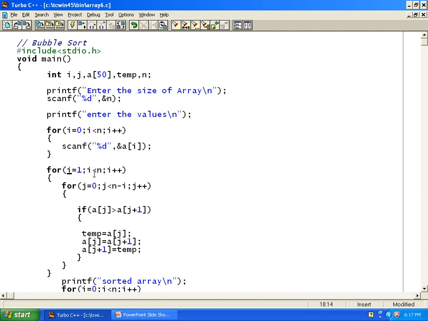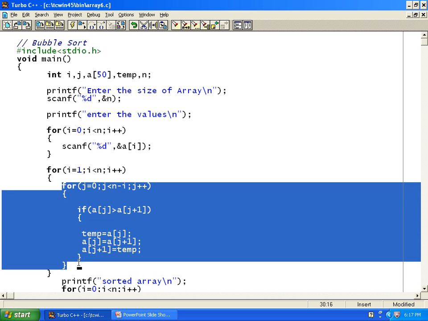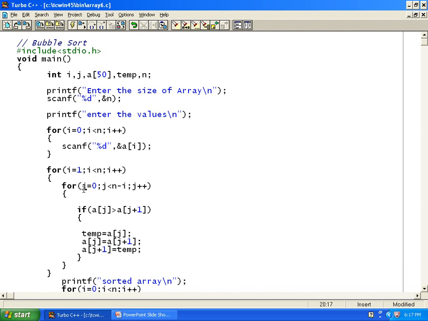So the outer loop again checks, and I increments here now. I was initially 1, it increments to 2. So 2 less than 5 is true, and the inner for loop starts again. J initializes to 0 again, and this time J is less than 5 minus I, which is 2, so 5 minus 2 is 3. J less than 3 is the condition now. So it executes for J equal to 0, 1 and 2.